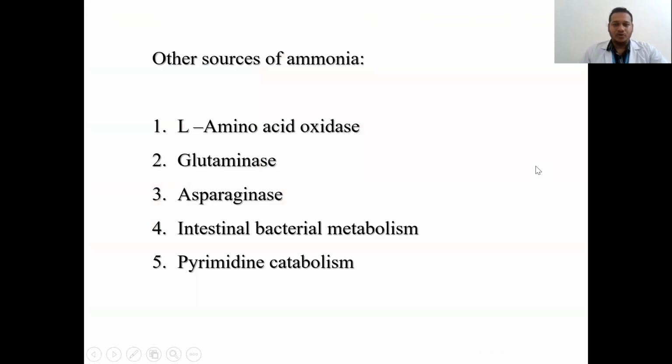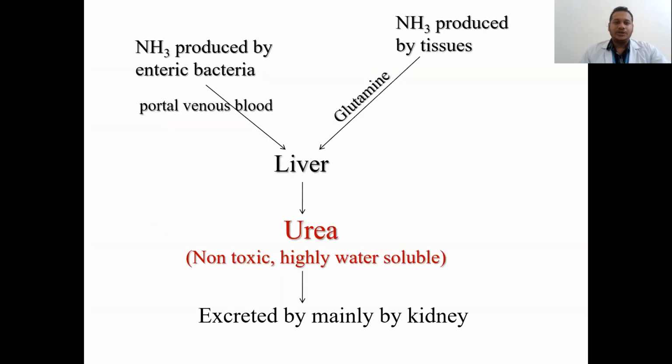Ammonia is a toxic substance, so it has to be released from our body. Other sources of ammonia are L-amino acid oxidase, glutaminase, asparaginase, intestinal bacterial metabolism, and pyrimidine catabolism. The ammonia produced by enteric bacteria is released into the portal vein